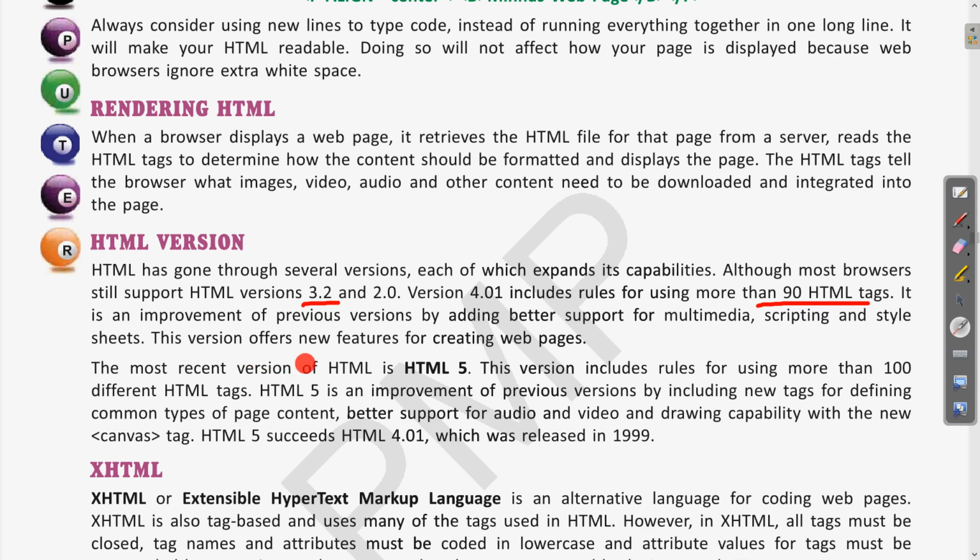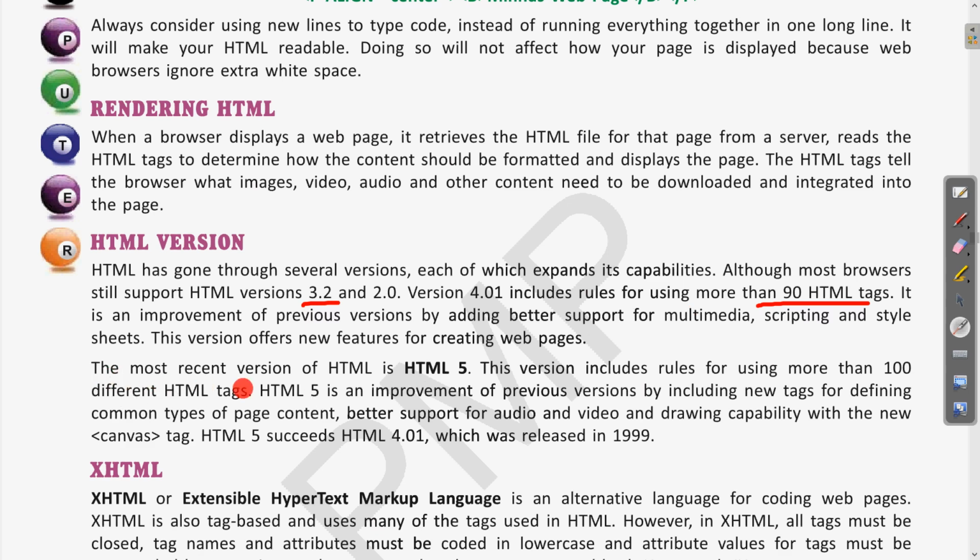This version offers new features for creating web pages. So the more advanced the version, the more additional features we have, with better support for multimedia, which gives better appearance on the web page. Clear? There are some other additional features which can be incorporated.